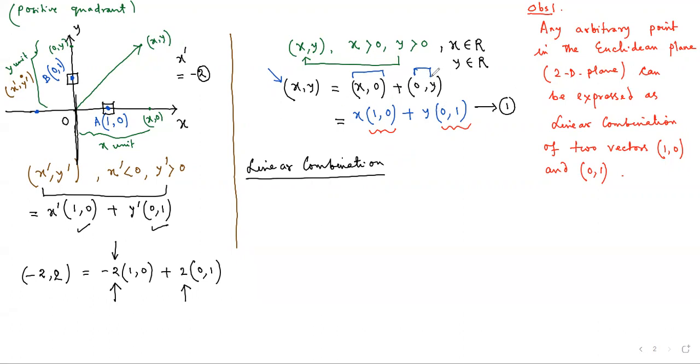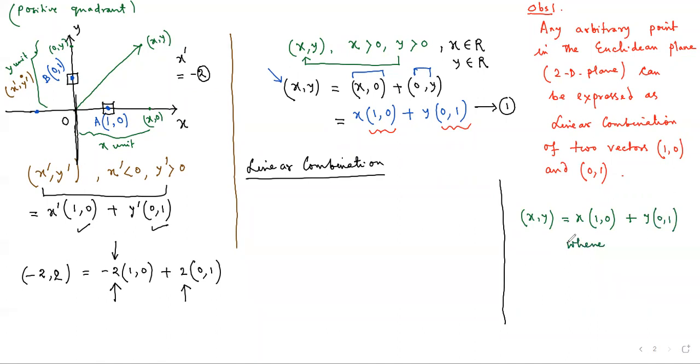Here, what I have written is a special case. If I want to generalize the thing, I have to write it in this manner. So x, y can be written as x into 1, 0 plus y into 0, 1